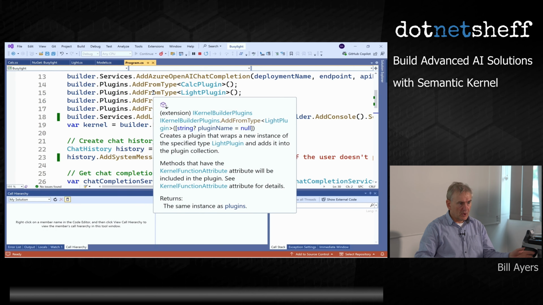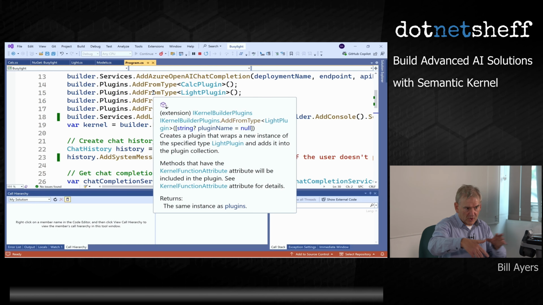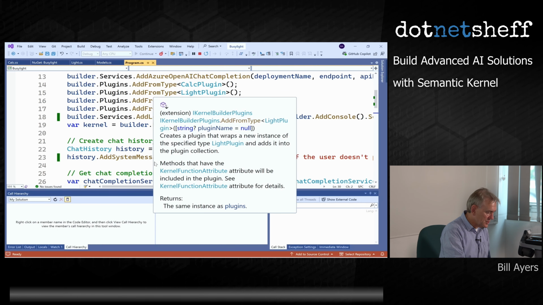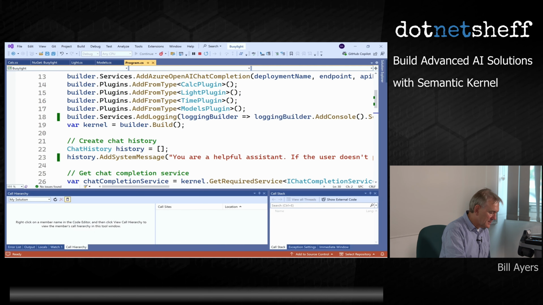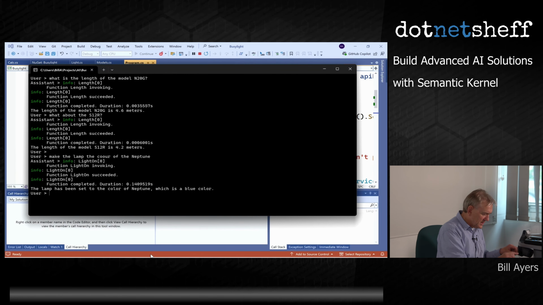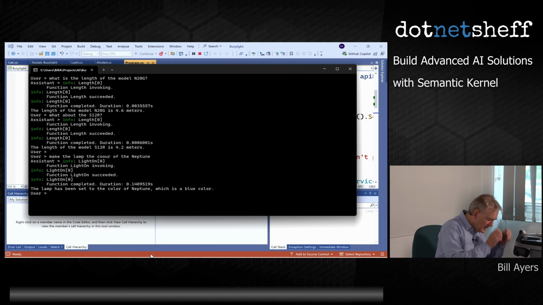The large language model then uses the function invoking mechanism to call the function correctly and make all the assumptions and deduce, okay, because it actually made it call two things in order to answer that question. I think we called the light on, and